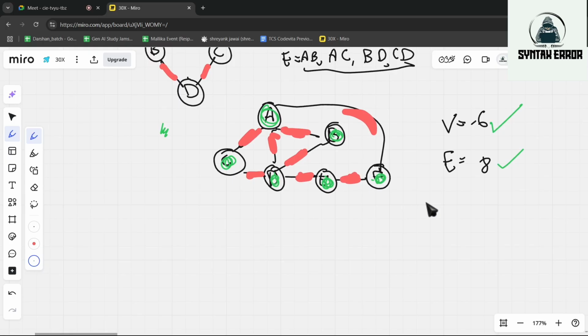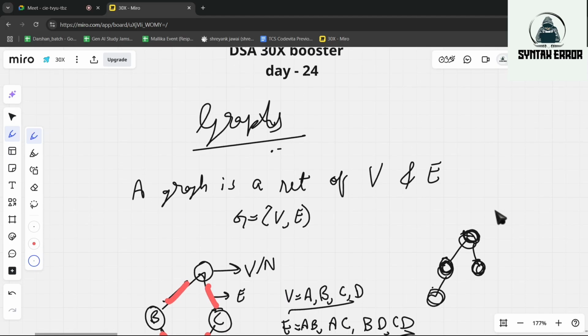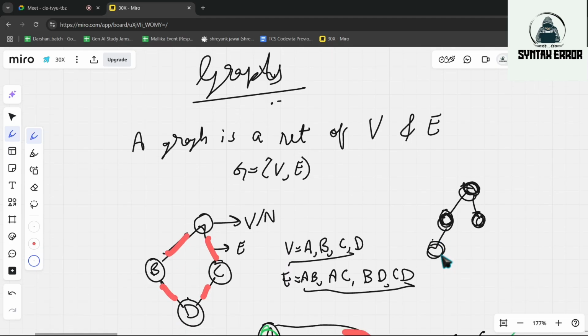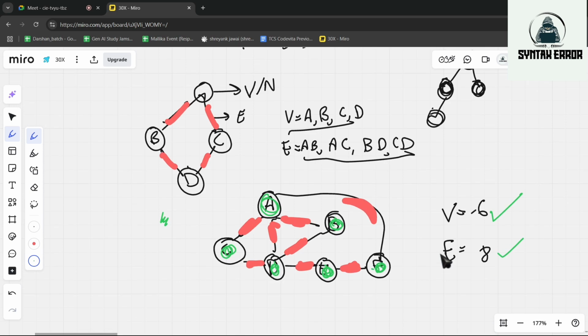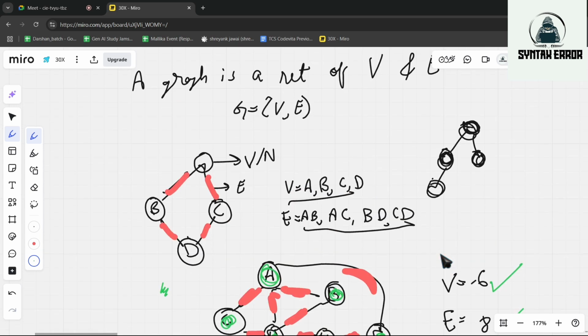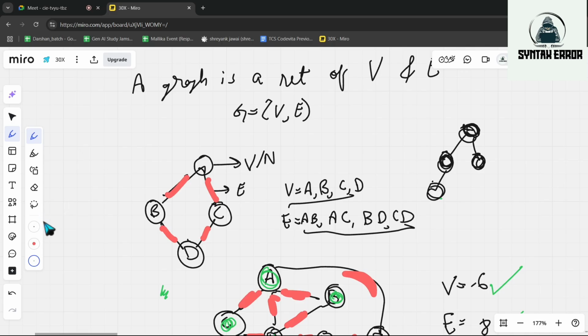Yes. And guys, when we come to trees, trees are also considered as a graph itself. So that is one kind. In this way, if we collect this and add this, it becomes a graph. And if you keep it like this only, then also it is considered as a graph. We will have so many questions in graphs where our structure will be like this only.